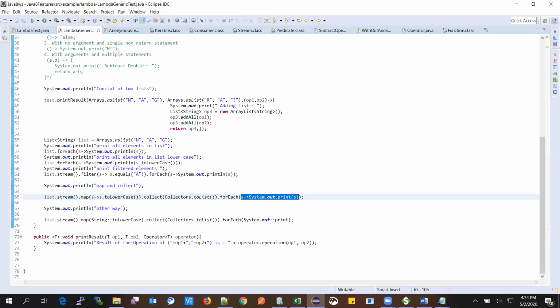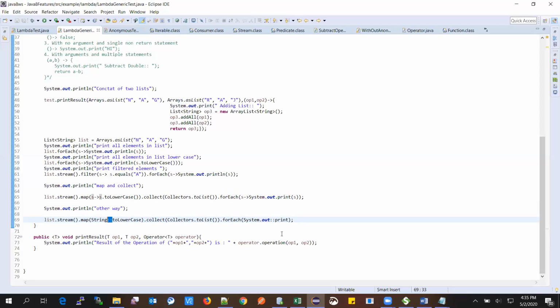There is another way. Instead of a lambda expression, we can use this operator, which is called the method reference operator. The method reference operator is nothing but passing a method as an argument.